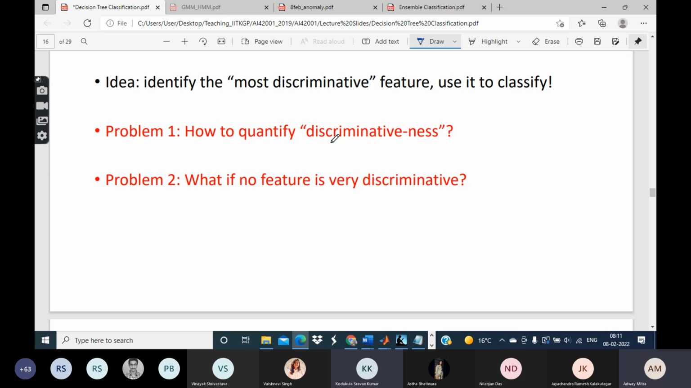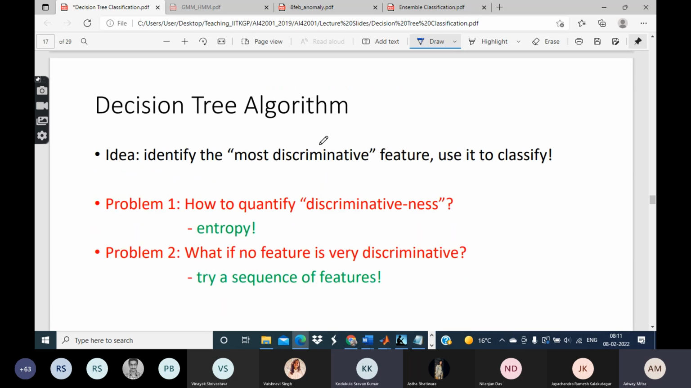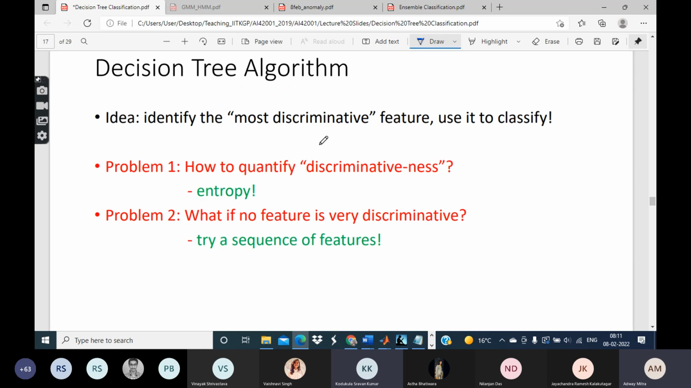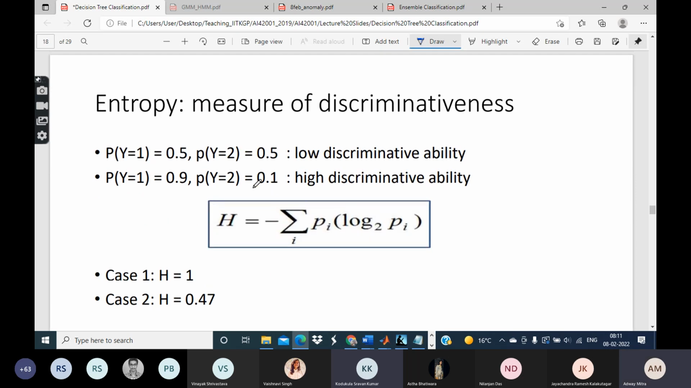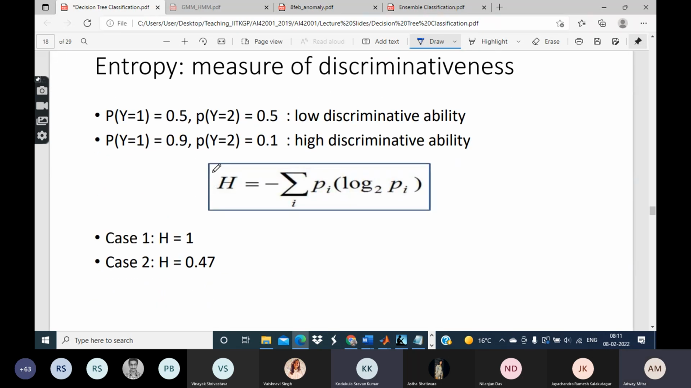Now the question is how to quantify such discriminativeness of the feature or the homogeneity of a cluster. So the first thing, the concept which helps us to quantify these things is known as entropy. Okay, so now this is how entropy is defined